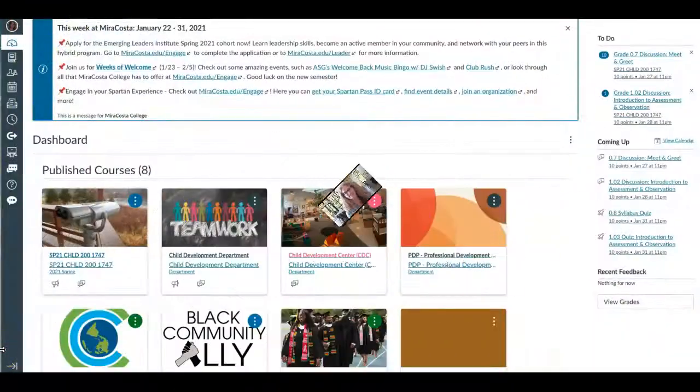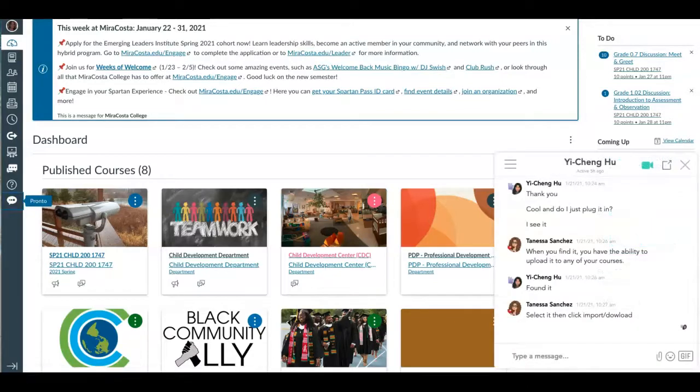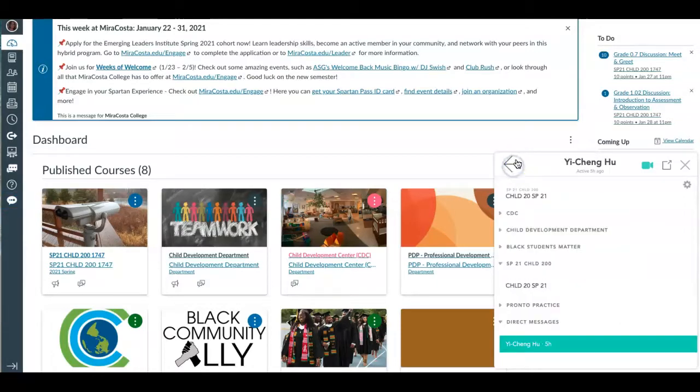So from the dashboard, Pronto can be found at the bottom of the global navigation pane on the left side of your screen. Now in some instances, a blue notification bubble will appear signifying the number of unread messages you have. Once selected, a pop-up window will appear in the lower right-hand corner. To get to the main menu, you will click the hamburger or the three-lined menu icon. Here you will be greeted with the active and published courses, sections, and groups you belong to in Canvas. The course does have to be published to access.